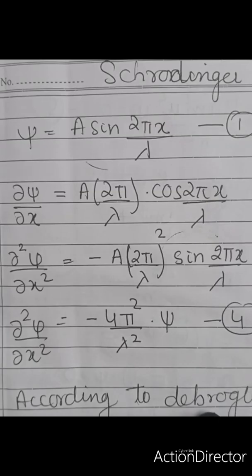In today's lecture, I will be discussing the Schrödinger wave equation. Now, to know the Schrödinger wave equation, firstly, you should know the equation of the wave function, secondly, the de Broglie's equation, and finally, the kinetic energy equation. Schrödinger developed a mathematical wave equation to describe the wave motion of an electron in a hydrogen atom.